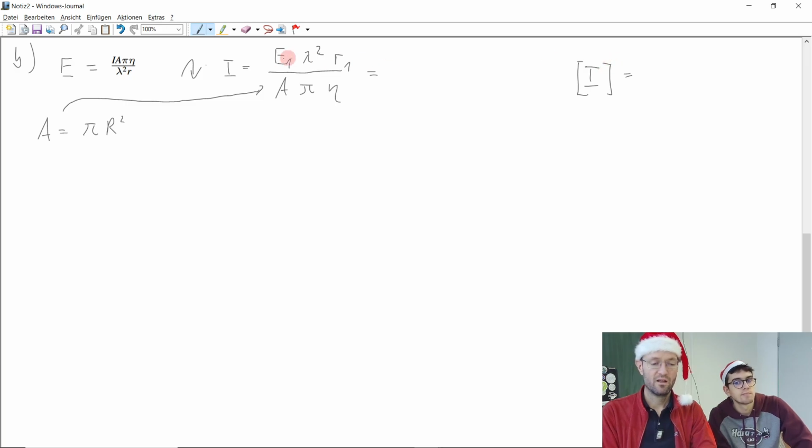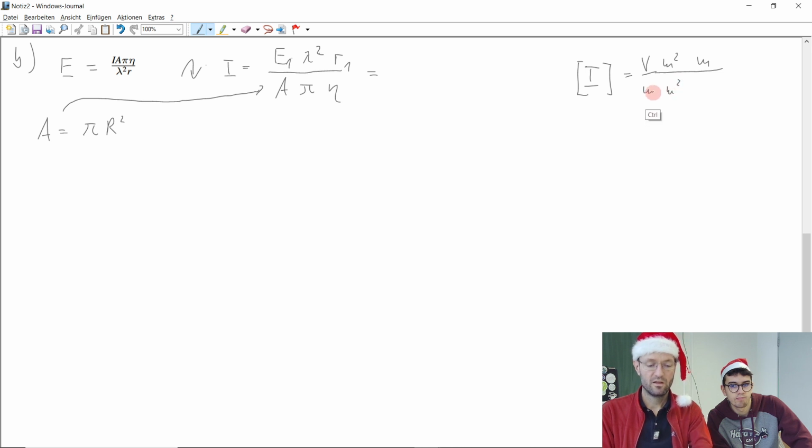Ampere. What unit do we have from the electric field strength? Volt per meter. What unit do we get from lambda? Meter, and we get meter square. From the distance, another meter. From the area, meter square. And from eta,